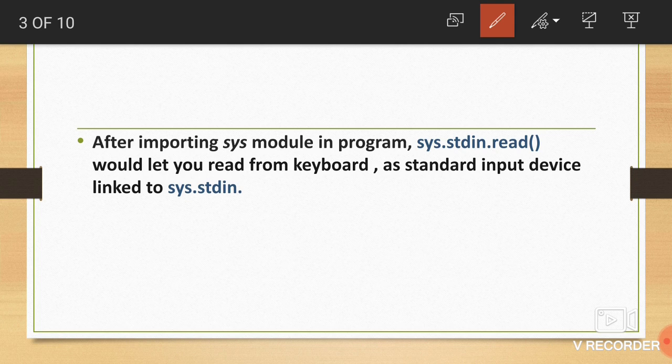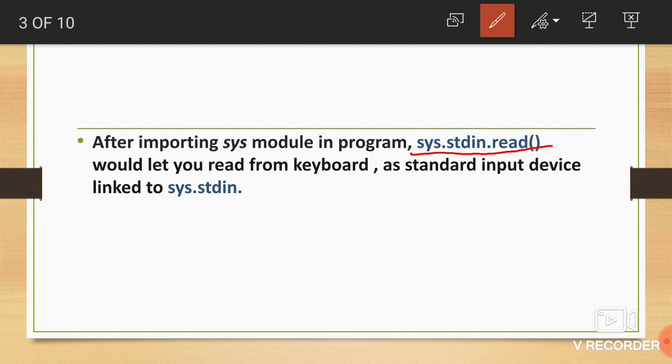So after importing the sys module in the program, sys.stdin.read would let you read from the keyboard. How will it let you read from the keyboard? Because the keyboard is the standard input device and it is linked with sys.stdin.